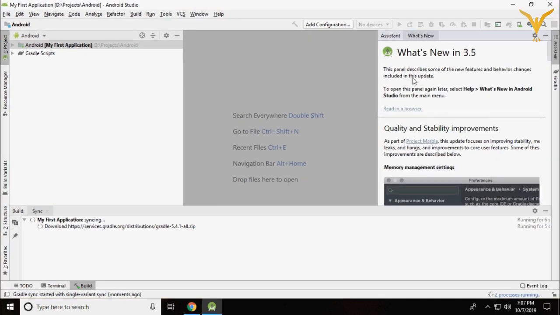It will take some time for the first run, so have some patience. Don't perform any unknown step, because if you perform any unknown step, you may get a lot of errors. Yes, we are about to finish the initialization of our project.